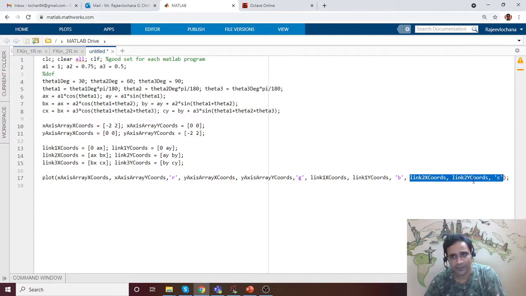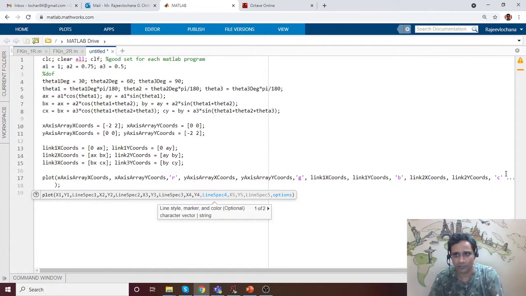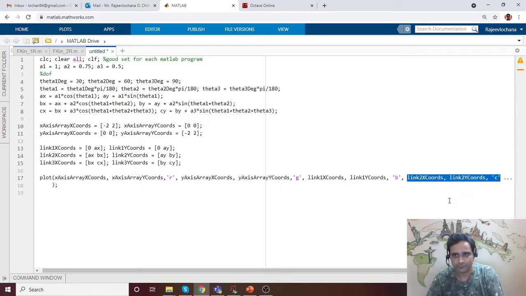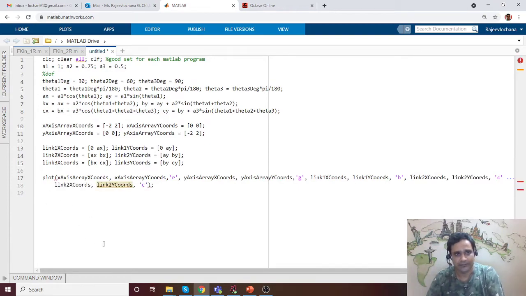Obviously we want the third link. In MATLAB, if you use 3 dots, you can go to the next line without putting a semicolon. So now I am going to use this set of lines, and so here it is. Okay, I think there is a problem here.